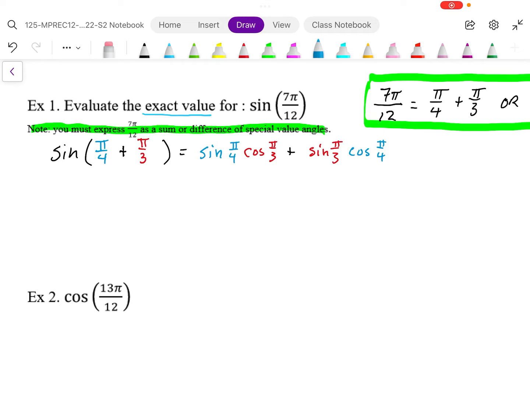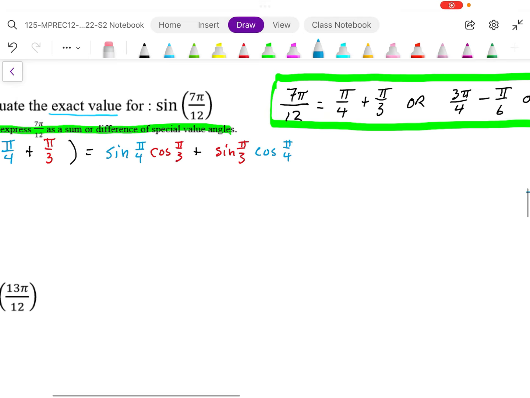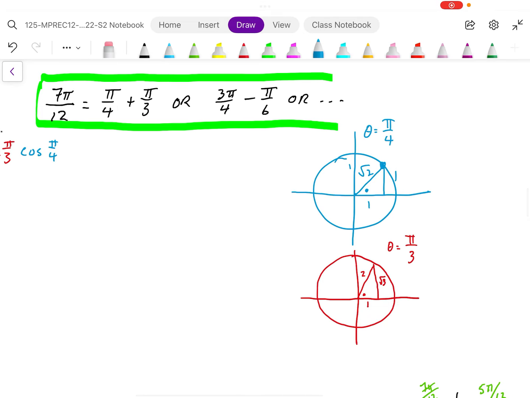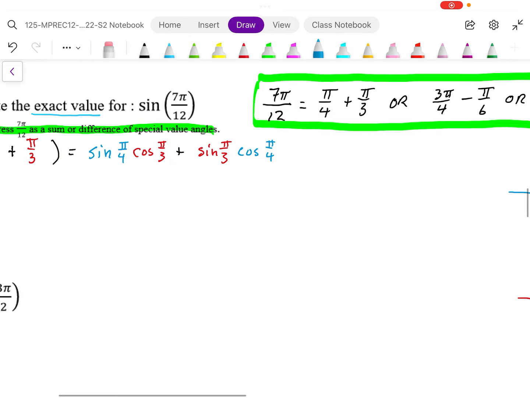The thing I need to make sure I watch out for is, you may know what sine of pi over 4 is. If I take a look at this picture, sine of pi over 4 is going to be vertical over the radius, so it's going to be 1 over root 2. What you never want to do is write something like this, sine and then 1 over root 2. Okay, this is immediately wrong. You'll get marks taken off as soon as I see anything like that on your page,